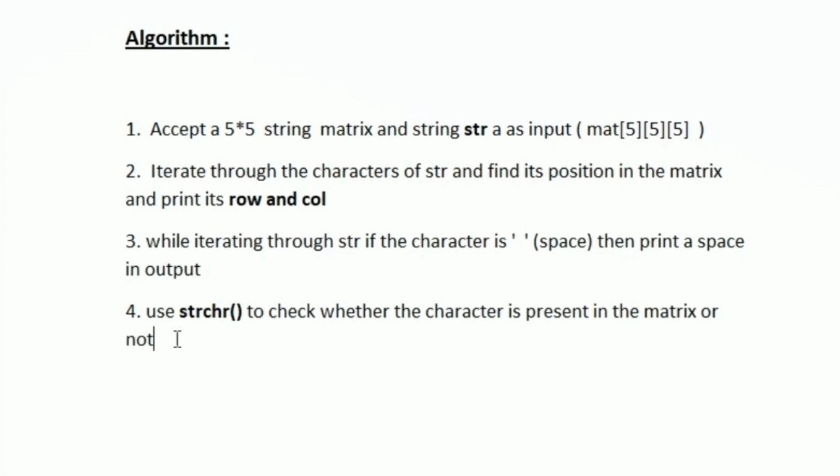Whenever this function doesn't return null, it means that the particular character is present in the character array. Since every string is a character array in C, while iterating through our matrix, we are going to check whether the character is present in that particular string or not. Instead of manually creating a loop to iterate through the string, we can make use of strchr. With that, we can easily find whether the character is present, and if it is present, then we are going to print its index. This is how we will be printing the encrypted value of the string.